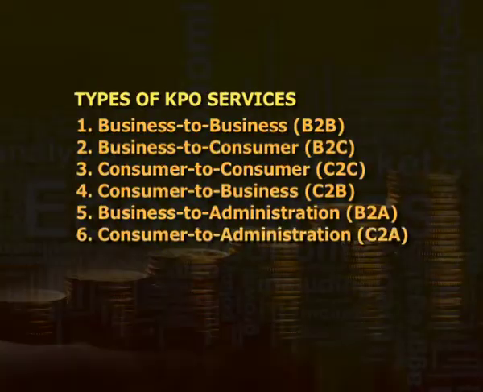It encompasses all transactions conducted online between companies and public administration. This is an area that involves a large amount and a variety of services, particularly in areas such as fiscal, social security, employment, legal documents, etc. Sixth is consumer to administration, that is C2A. This model encompasses all electronic transactions conducted between individuals and public administration.